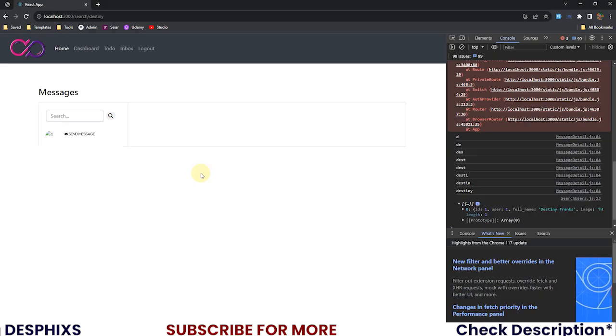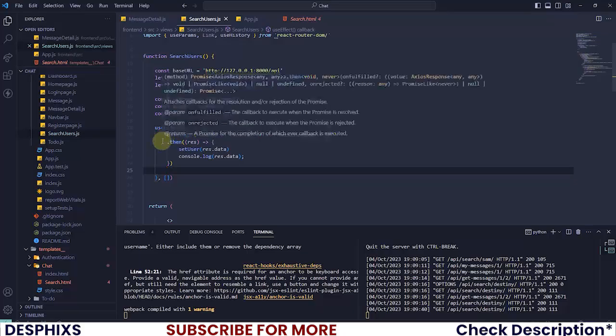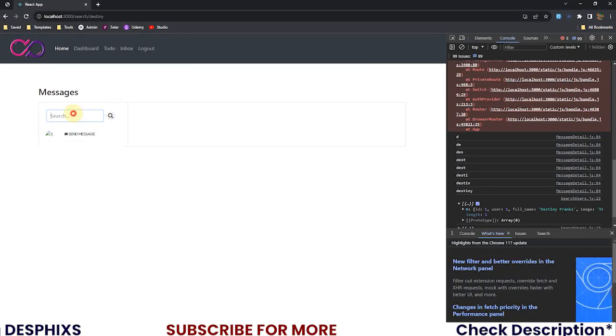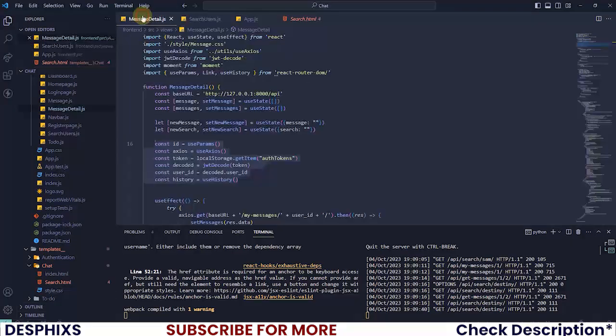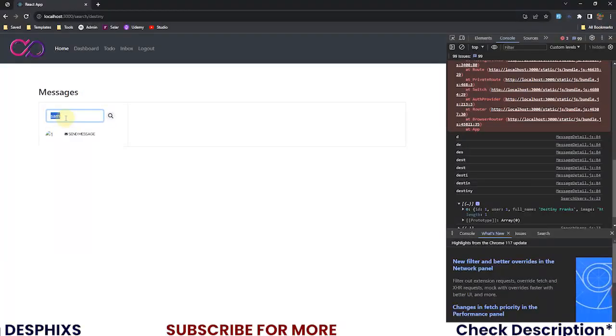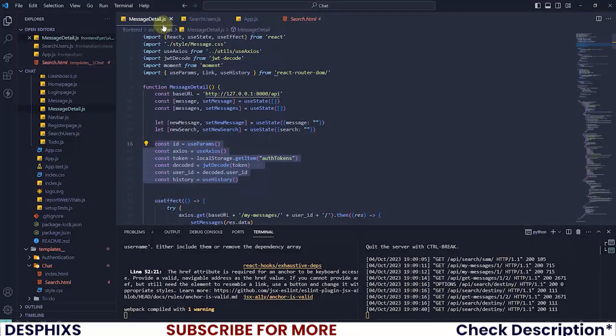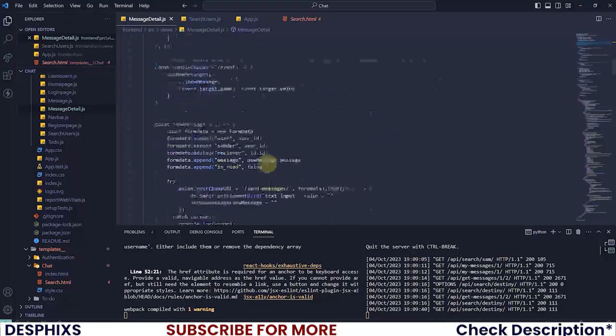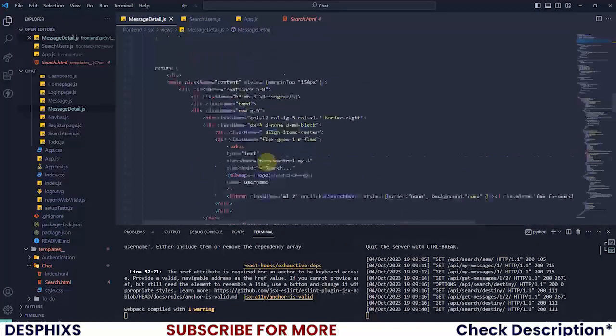So what if a user wasn't found? What if a user wasn't found and we are in here searching for the user, but the user doesn't exist? What do we want to do? Wait, hold on, let me see. Does this? Oh, that doesn't work. So let's actually make the search box that is in the search page work. Go back to the message detail and scroll all the way to the bottom where we have the